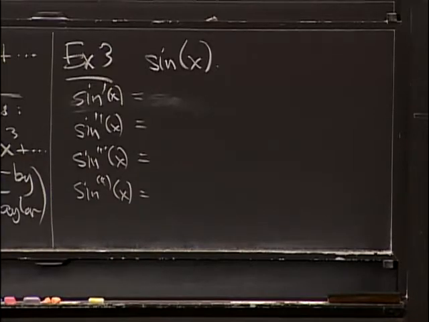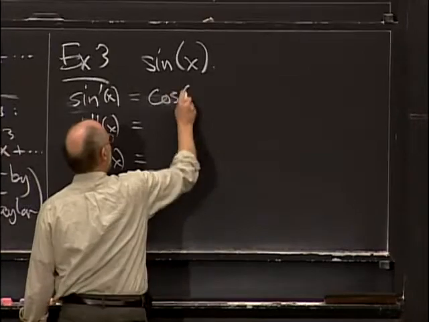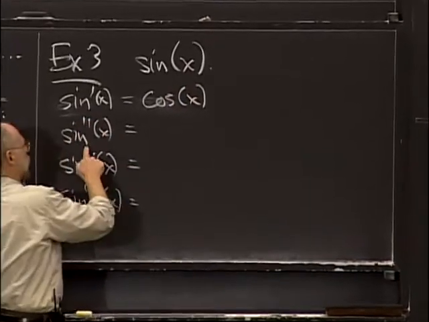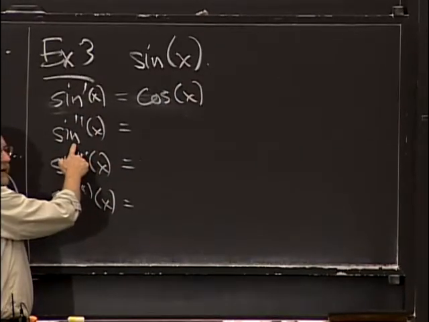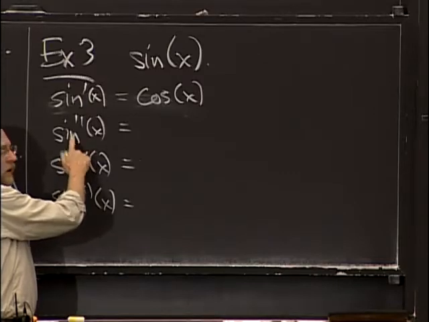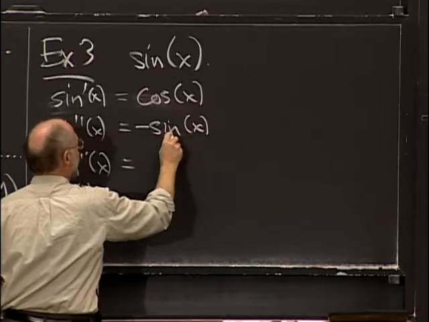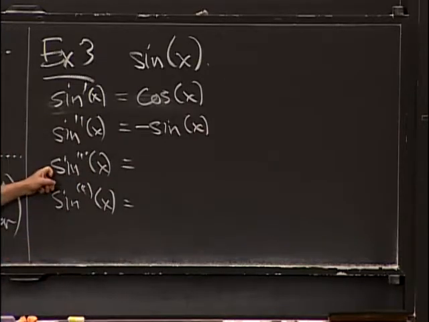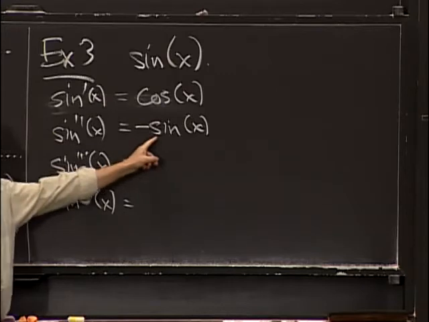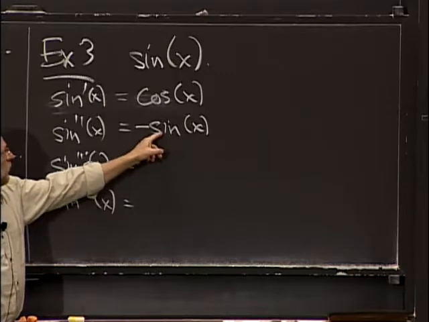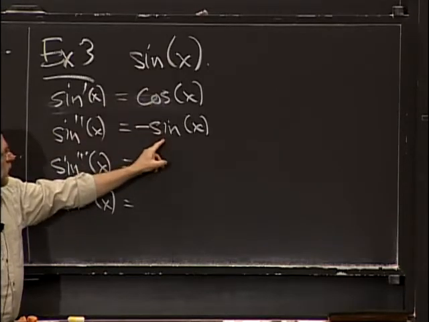Let's see, the derivative of the sine is the cosine. And the derivative of the cosine, that's the second derivative of sine, is what? Remember the minus. It's minus sine of x. OK, now I want to take the third derivative of the sine, which is the derivative of sine prime prime. So it's the derivative of this. And we just decided the derivative of sine is cosine. So I get